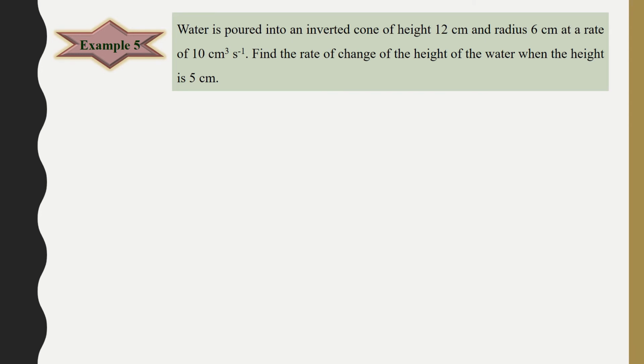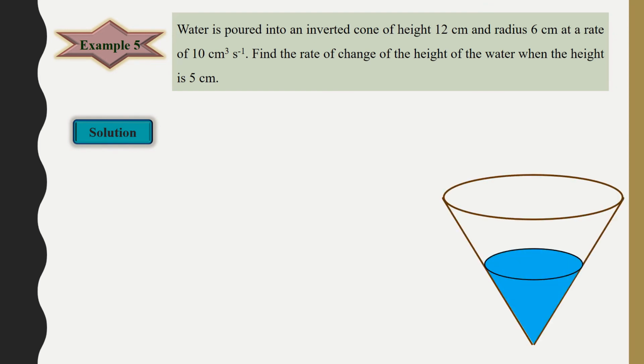Water is poured into an inverted cone of height 12 cm and radius 6 cm at a rate of 10 cm cubed per second. Find the rate of change of the height of the water when the height is 5 cm. First, we draw the inverted cone. Then the water is poured. We have the height of the cone is 12 centimeters, and the radius of the cone is 6 centimeters,